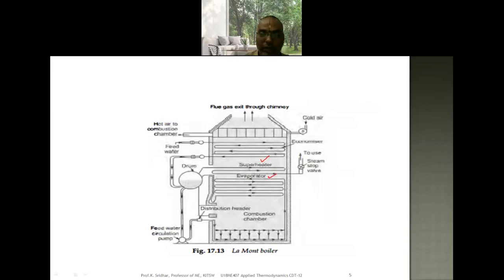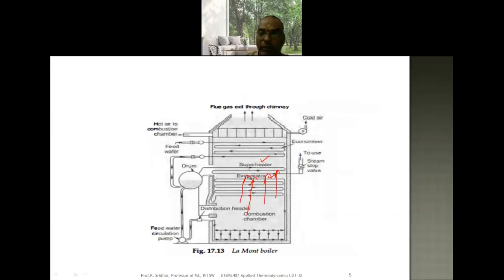So this is the feed water circulation pump, and here it is the steam drum. So the feed water circulates like this. Here the flue gases are going like this, coming in this particular direction, and they are passing through the superheater, economizer